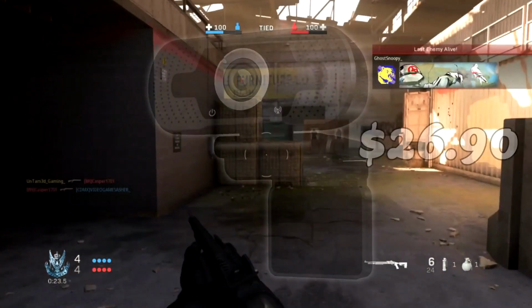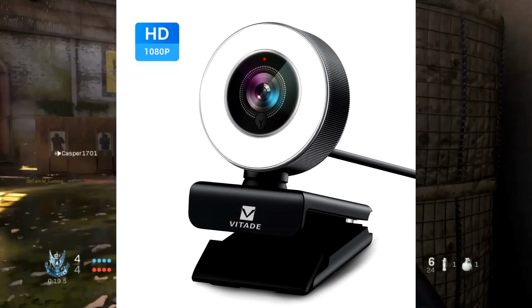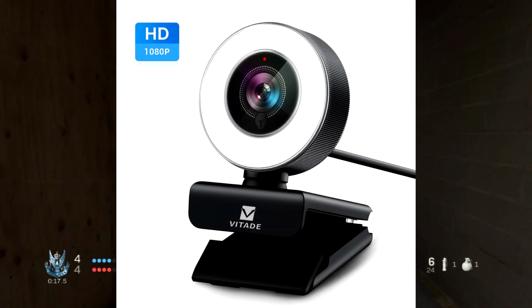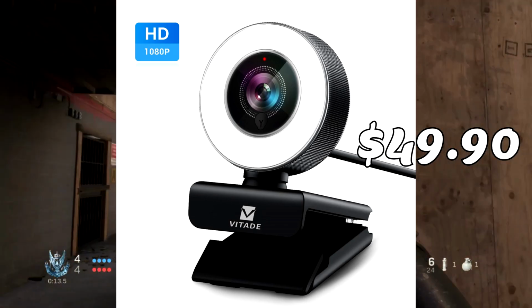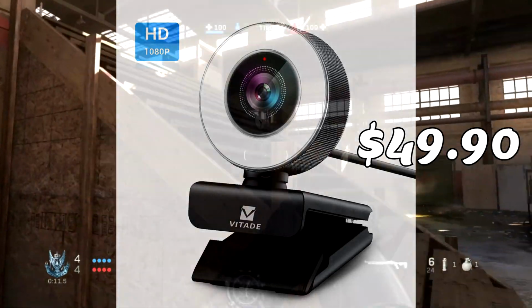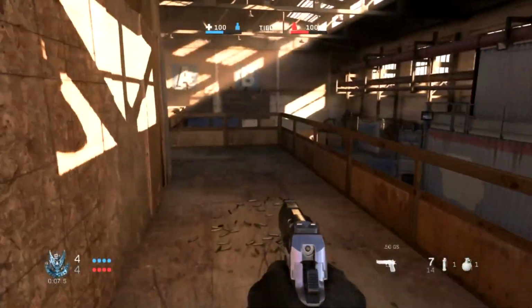And the next one is the Vitade, the Vitade 960A. That comes at a price of $49.90. So that's been webcams. Next is pretty much the guts of making your video really good,